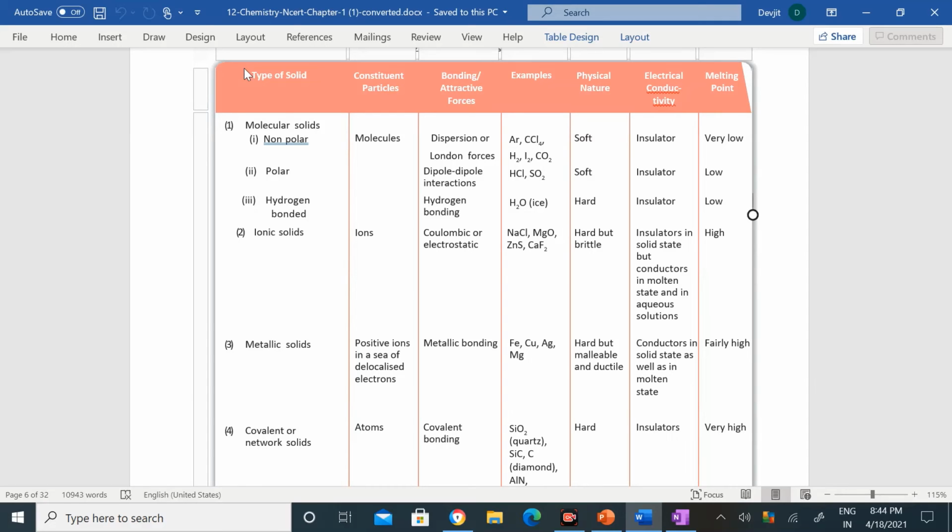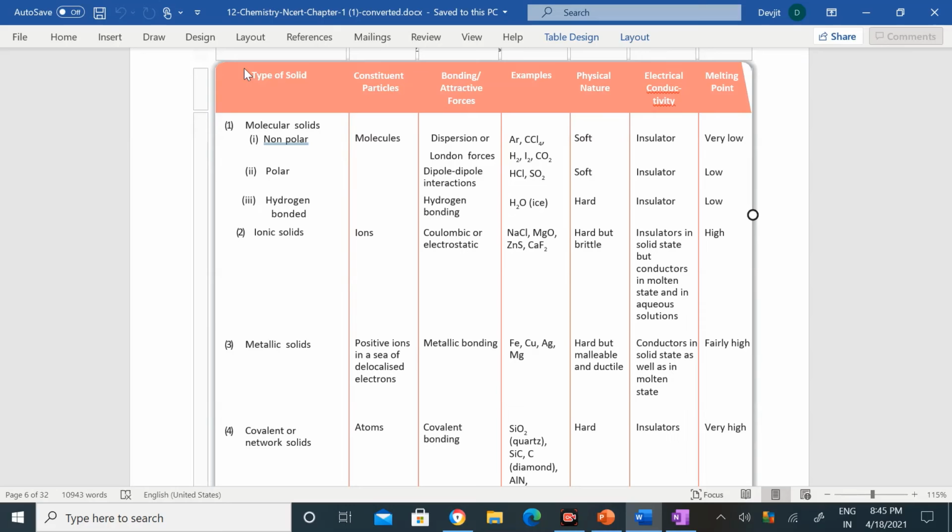When molecular solids are composed of molecules of non-polar nature, non-polar means they don't have polarity, like CCl4, carbon and chlorine, when they are bonded, that is a pure covalent bond. So the net dipole moment, I hope you all know that you have studied from class 11, is completely zero. So they are non-polar in nature. So in case of non-polar molecules, what kind of force? Dispersion and London force. This is the weakest force of attraction between two molecules, not within a molecule. Keep that in mind.